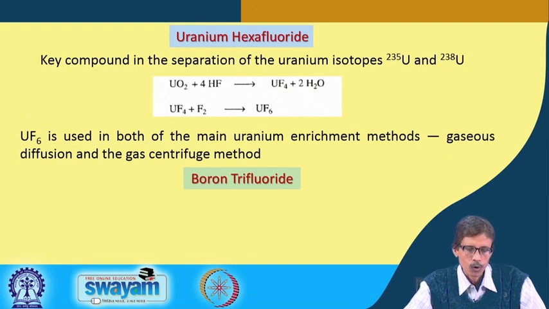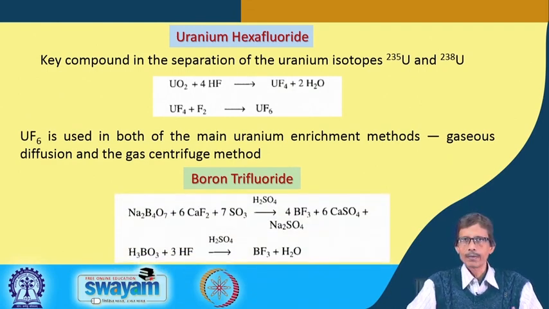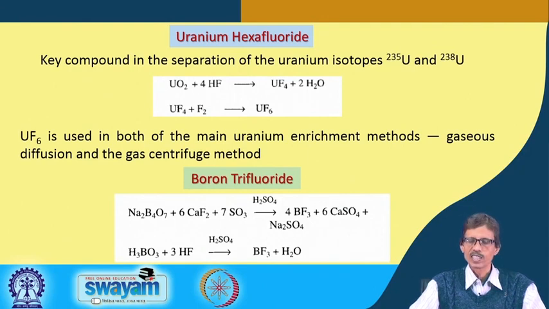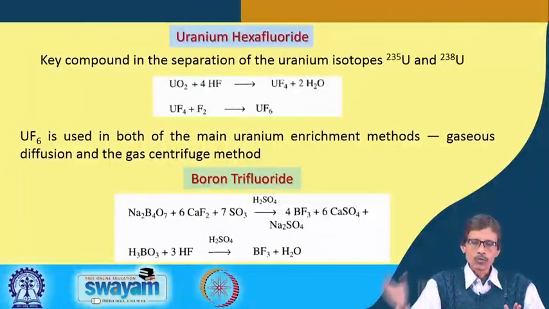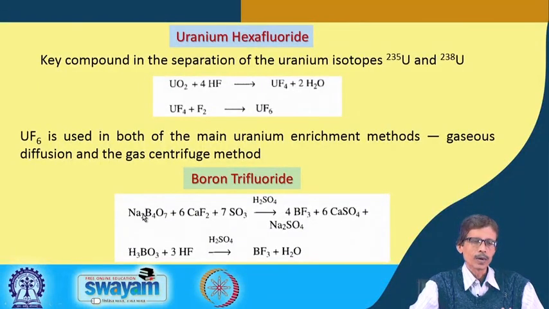So, how you get this boron trifluoride is again a very simple straight-cut reaction, because we are always interested to know the basic inorganic chemistry reactions, because you should know how these reactions can be balanced, because on the left hand side most of the time you will find that these are the ores or the minerals. So, the first component for this is nothing but your Na2B4O7. What is that? Your Na2B4O7 is nothing but your borax, which is again available naturally.